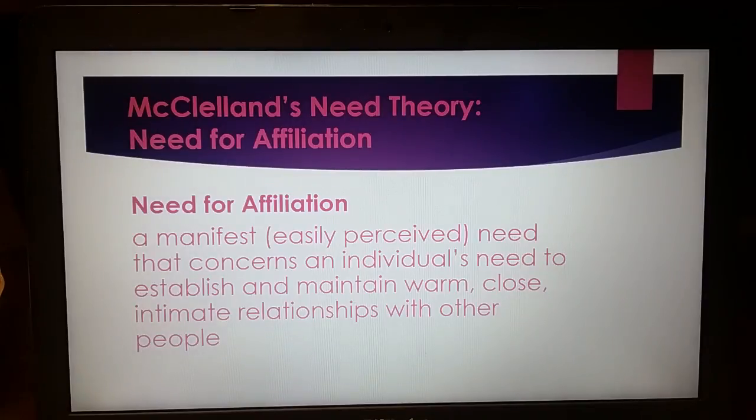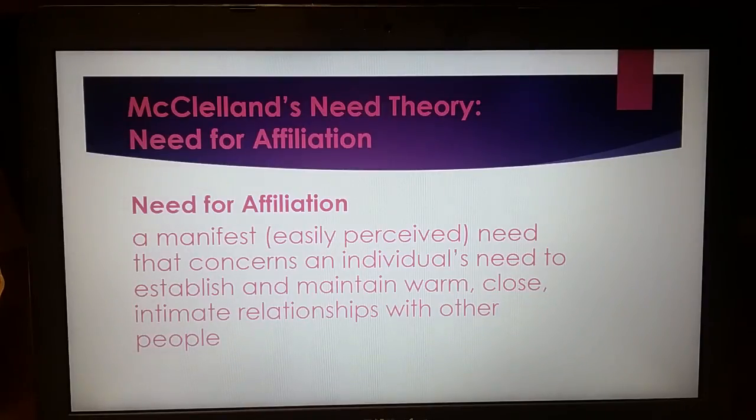So you look at these different needs. People who have need for achievement, you might want to give them some really difficult task. People who have need for affiliation would probably be really good with customer service, and they may or may not be good at sales. Power is something that people need for power, that